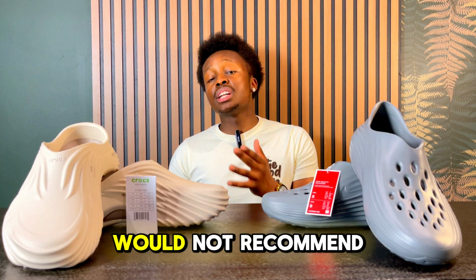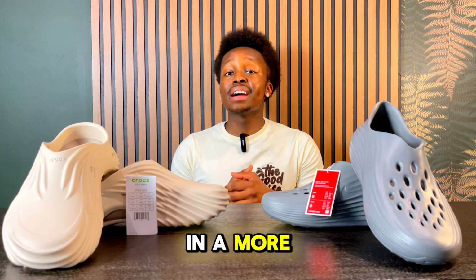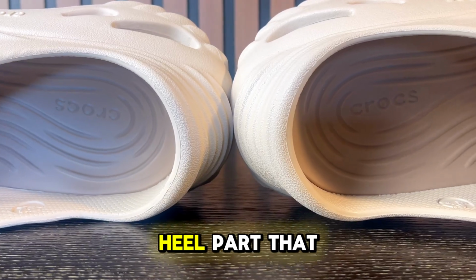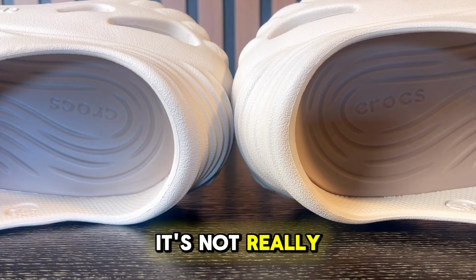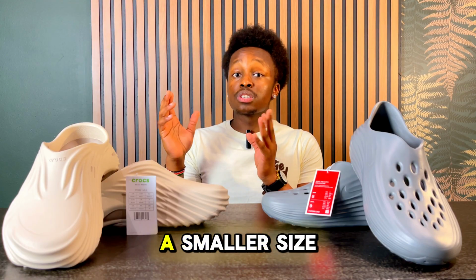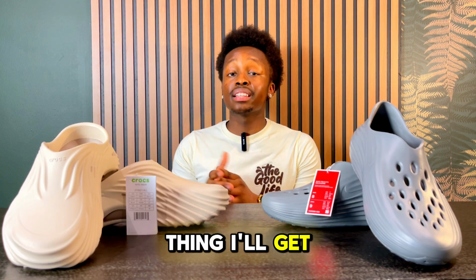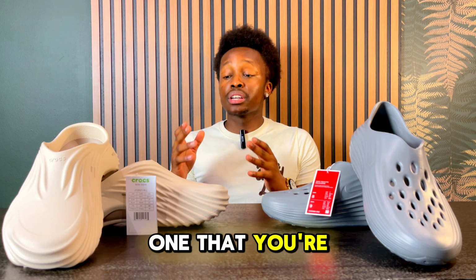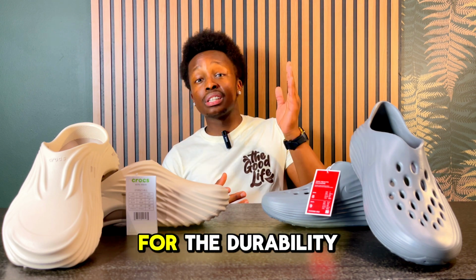But I definitely would not recommend these to be worn in a more active lifestyle. As you guys can see, the heel part that you see right here is not really the most supportive, and I definitely had to go a smaller size, which is another thing I'll get into later in the video. But I gotta say, this is one that you're gonna love, but stay tuned for the durability, because